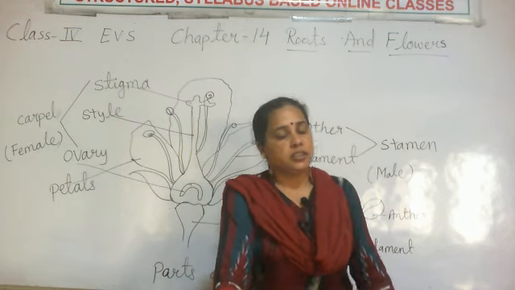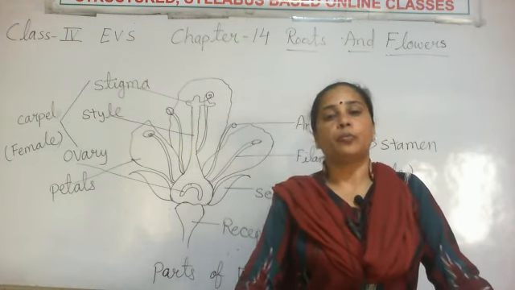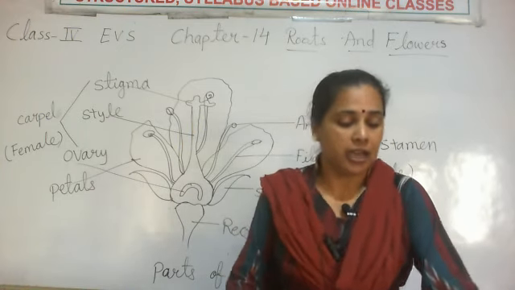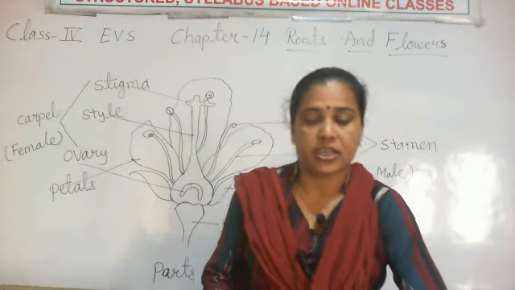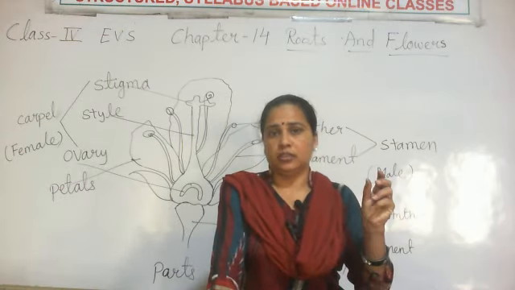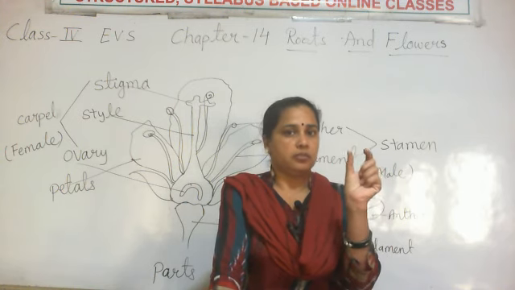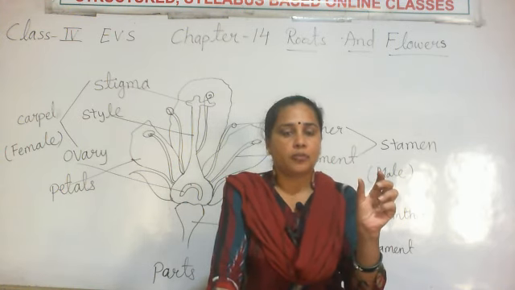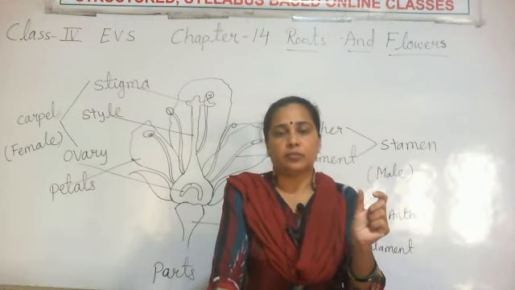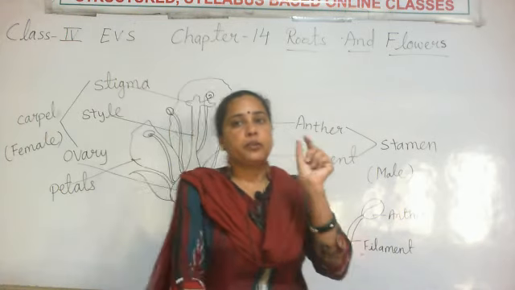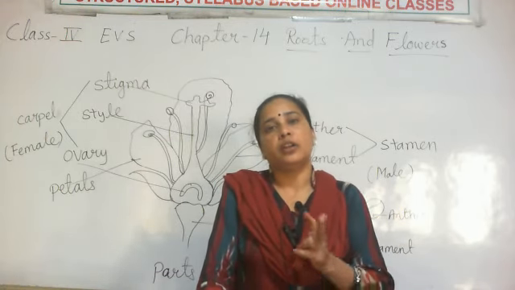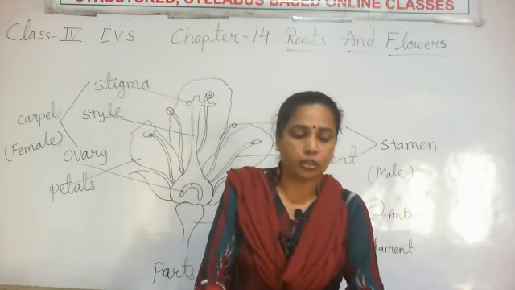After that the third one is the propagating root. These roots are found in strawberry and cherry plants. What is the structure of these roots? Those parts connect with the soil, and from there we find a bud. If we cut that bud and grow it in another place, we get a new tree.